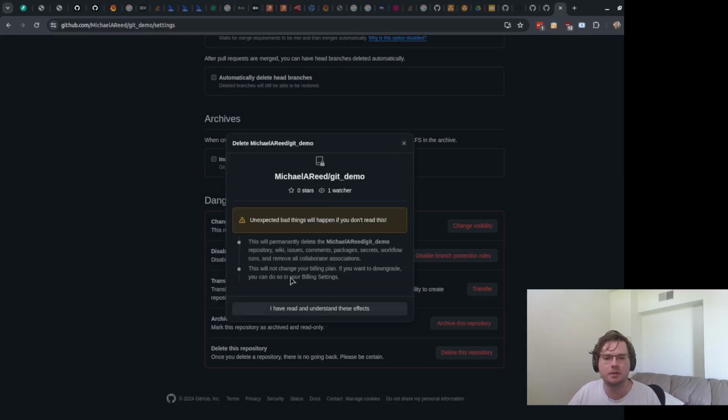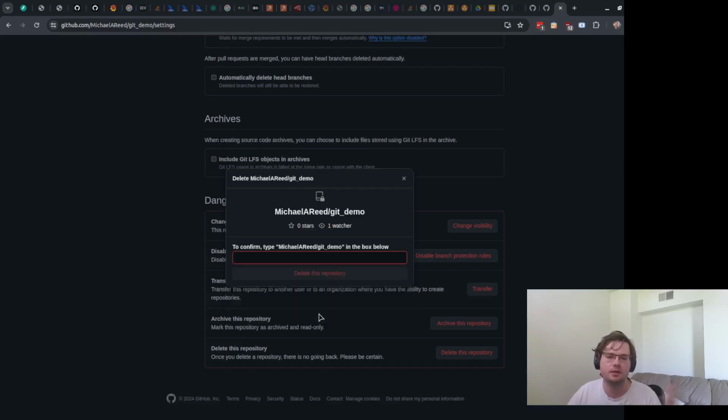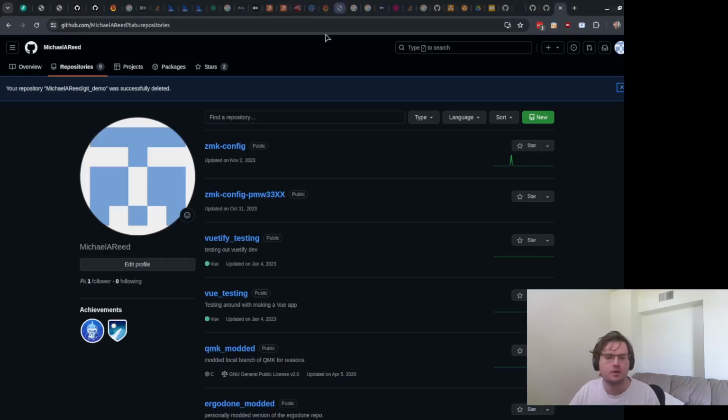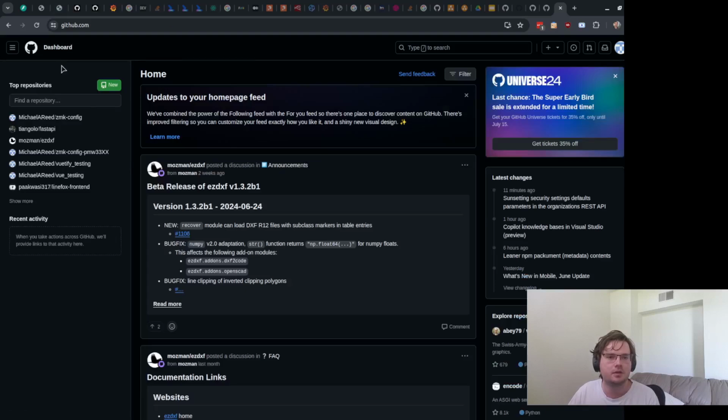So we're going to click, I want to delete this. It tells you that, if you do this, it'll permanently delete the stuff from the website. So again, it's not something you often want to do, but if you've really messed something up, it's pretty easy to do as well. And one thing that it might ask me to do is put in my authentication code. So bear with me 1 second, and I will come back after I've done that. So I just put in my two-factor authentication code, and now you can see that my repository is deleted. This is where it took me afterwards, with just a list of the other repos I have on this account. So I go back to the dashboard, I can click new, and I can start again from there.